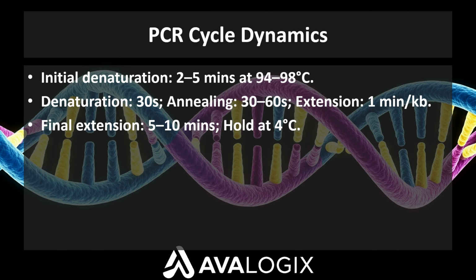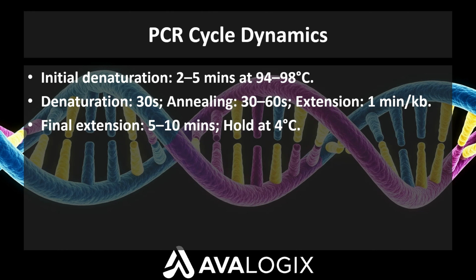Most protocols run 25 to 35 cycles. The more cycles, the more product you get, but more is not always better. Too many cycles can lead to non-specific products or depletion of reaction components. After the last cycle, a final extension step at 72 degrees Celsius for 5 to 10 minutes ensures all DNA strands are completely extended. Finally, the sample is held at 4 degrees Celsius to stabilize the product until it can